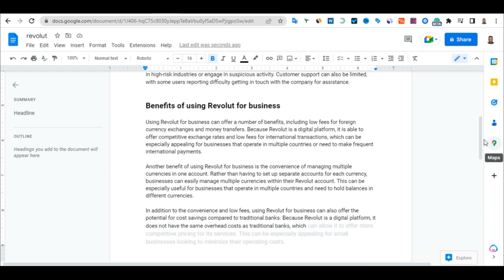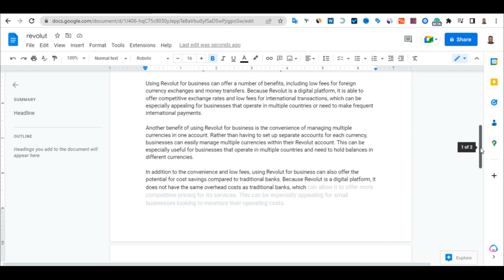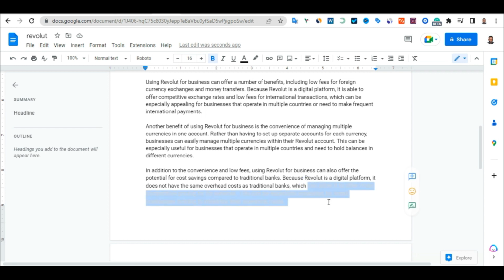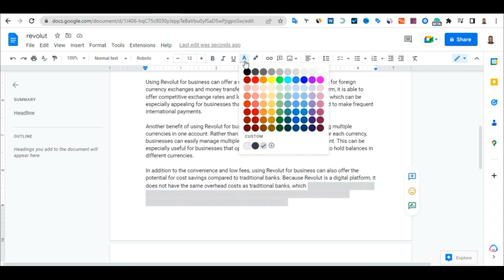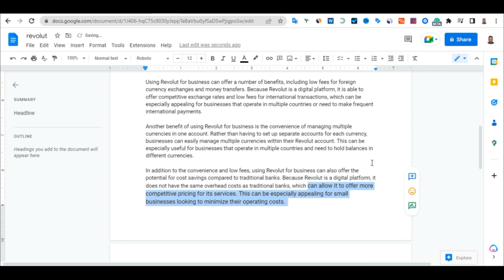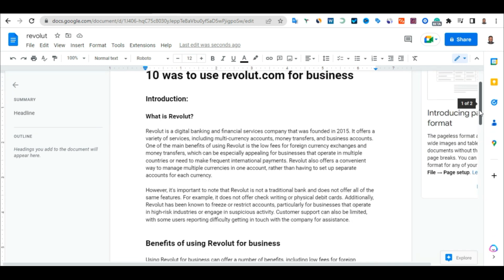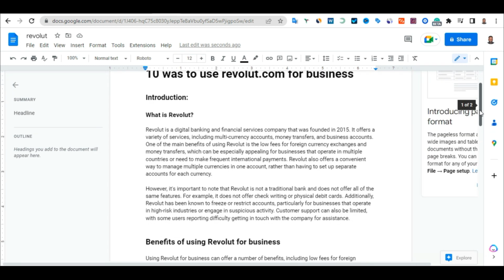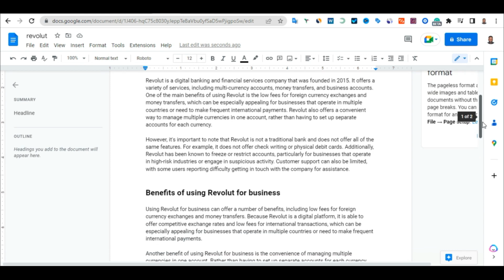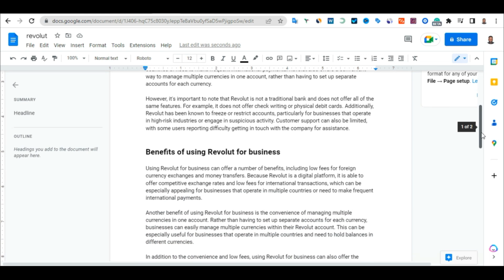So as you can see, guys, now you have this blog. It's very simple. You can see here that it's showing white. Just click on that and click on this section and make it black, and they will look all the same. So that is how you can write out an outline. Once you are done with this, you can see how everything is standing out. When your client is reading this blog, they are going to be happy with your work because you are structuring everything that you are doing.